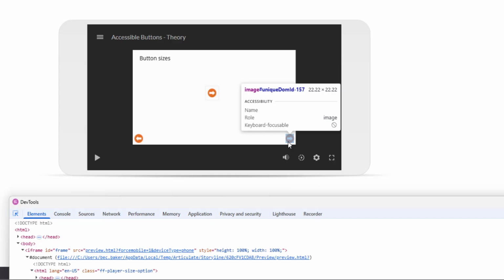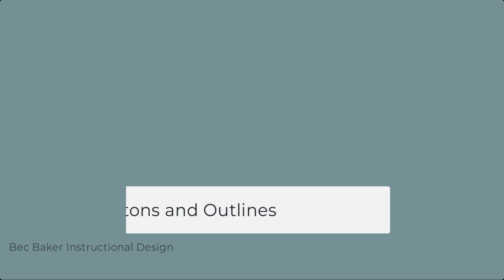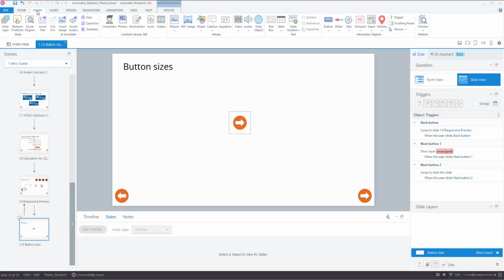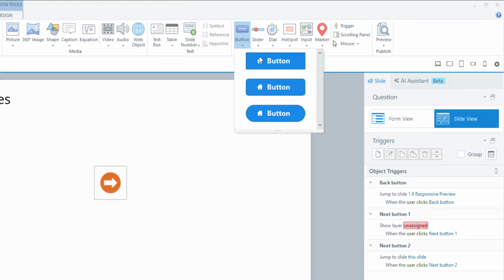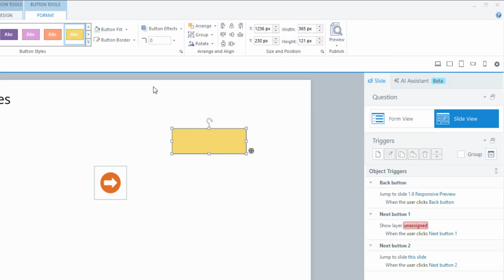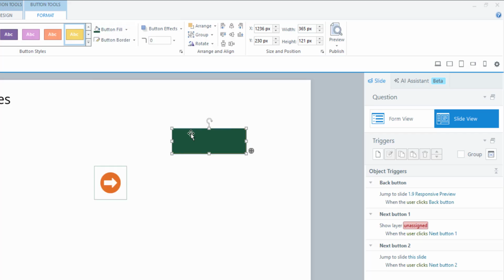So now we can't always cater for every single device and every single type of phone, but just drawing a simple box around something like that makes it even more accessible for you. One other way, if you don't want to create your own buttons, you can insert one of the buttons that you have here, and I tend to just choose the top one. It actually gives me more freedom, so I'm just going to fill it dark green, and we're going to make it